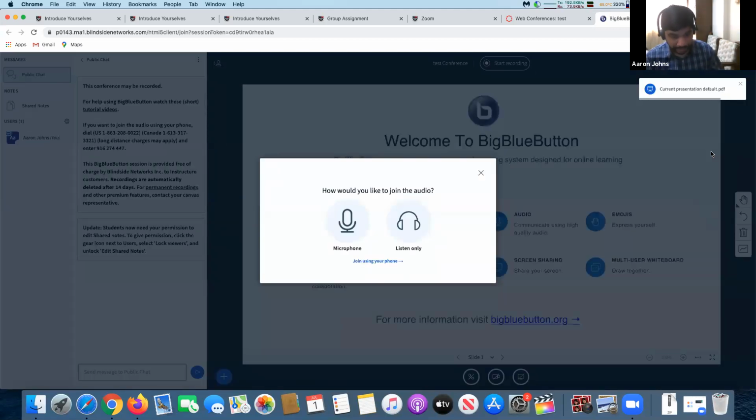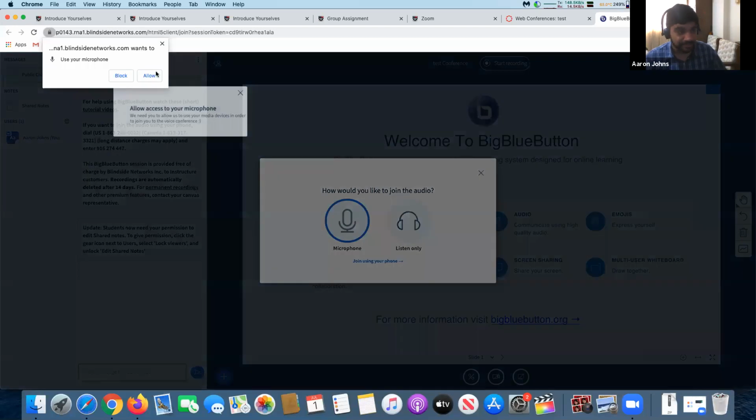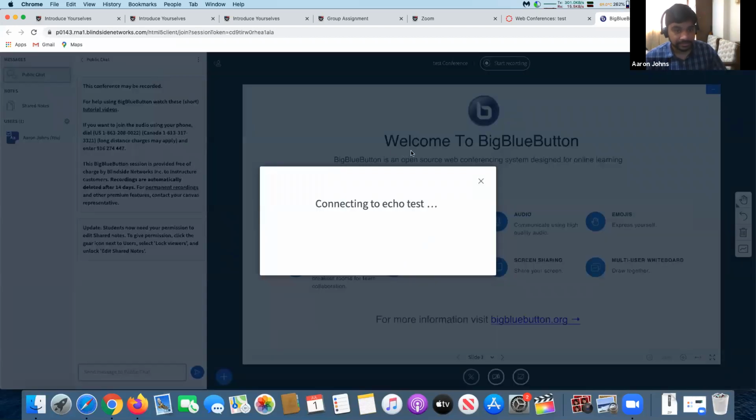So you know the features of Zoom by now, but let me show you what the features of Big Blue Button are. You can even set up Big Blue Button on your own server and run it. In that way, you can maintain that privacy if you want. But all the onus for privacy will then be on the institute, not on anybody else. So that's how it is.